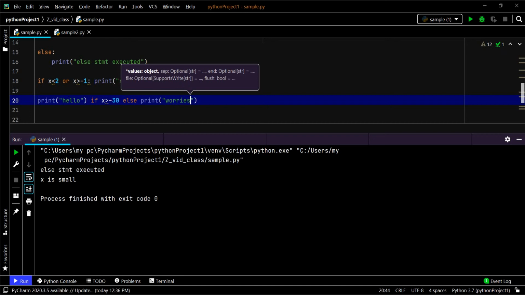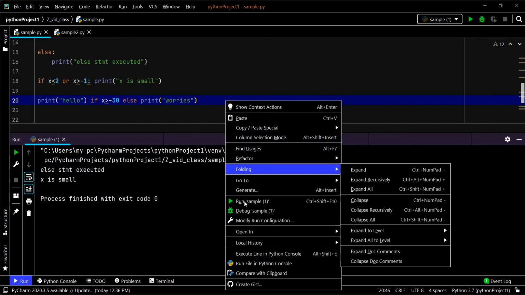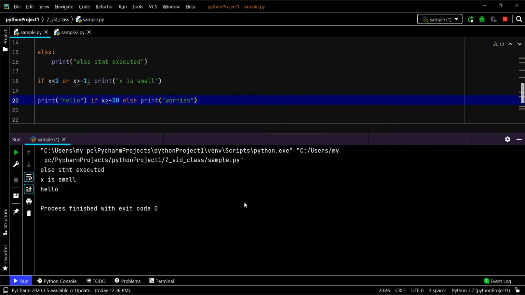Let's see, if x is greater than minus 30 it has to print hello. Yes, minus 20 is greater than minus 30, so it's printing hello. This is the short way to write an if-else statement. This reduces the number of lines in the code.